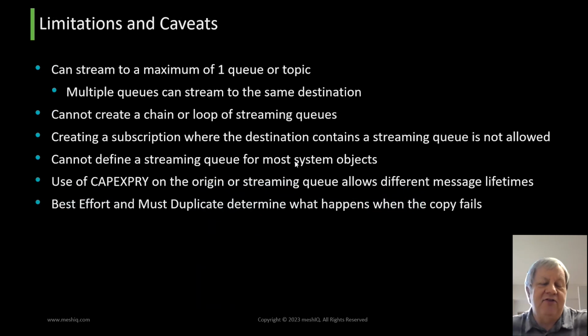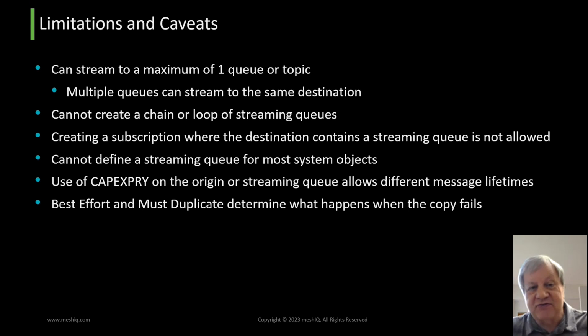There's a few limitations and some caveats. For example, you can only stream to one queue or a topic, right? So this is not the ability to say, well, okay, I want to make 5 copies of that message and send it to somebody else. If you want to make 5 copies, well, then you have to use a topic, right? In which case, then you could have 5 people subscribe or 5 subscriptions to that topic, right? But at least it's more valuable than you had before, where you didn't have any. Now you have at least one source to send it to.